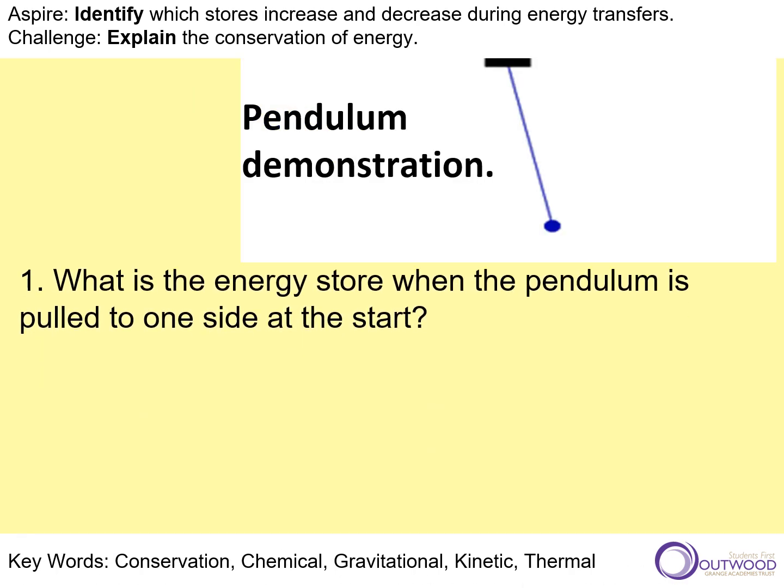Right, so a classic way of showing the increases and decreases during energy transfers from one store to another is by using a pendulum. Now, you can do this yourself. It's really easy to do, get yourself a piece of string with a conker, say, it's not really conker weather, is it? But if you've got something that you can put on the end, be it blue tack, a ball or something,